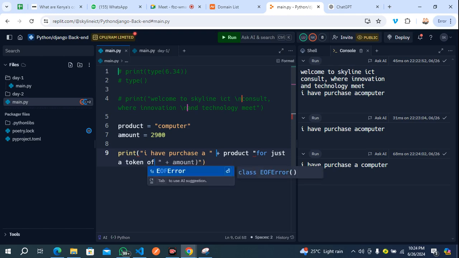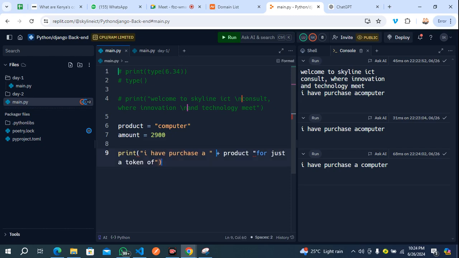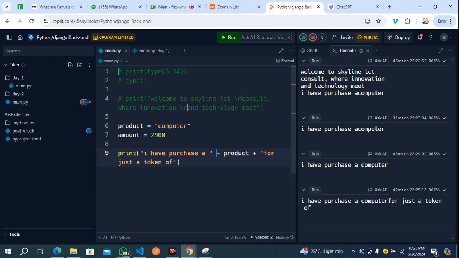Now, if you notice what we're having here, we're having issues, which is a syntax error. Now the reason why this is not working is because this is a variable and this is a string. So in order to fix this issue again, we need to also do what we call concatenate, right? So we concatenate, and then we come here and run this.